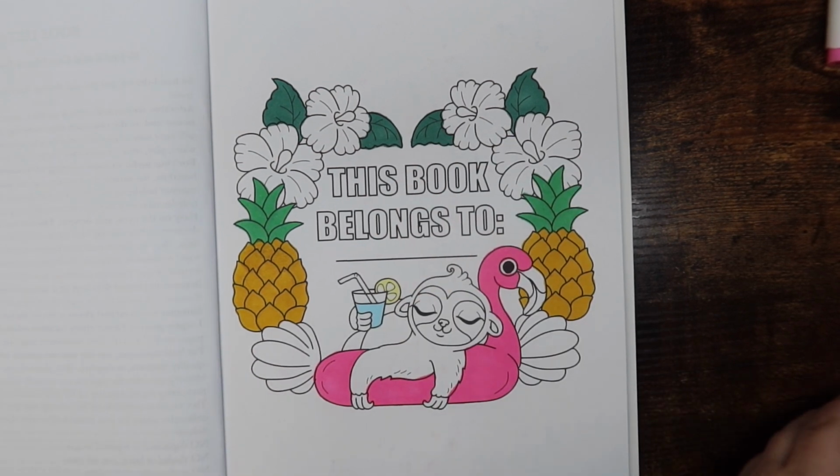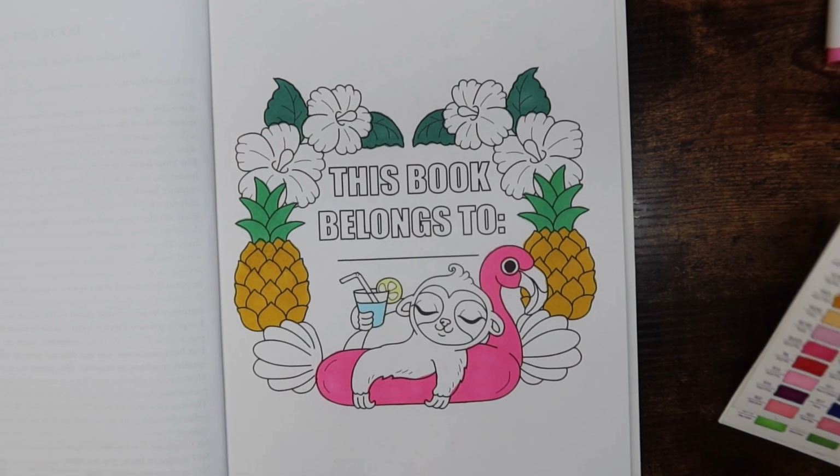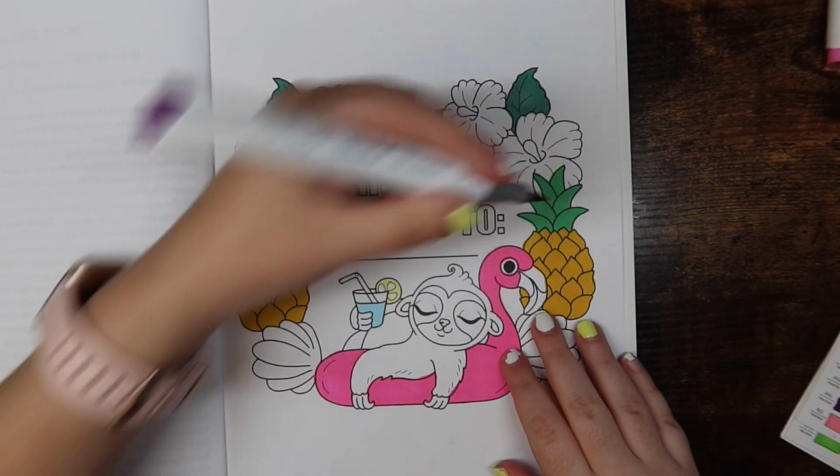Okay, I need to pick out a new color. I don't know what to do now. Ooh, should I make these like a really bright purple? That's what I want to do. Like an R16. That'd be pretty. This might be a mistake. But anyways,